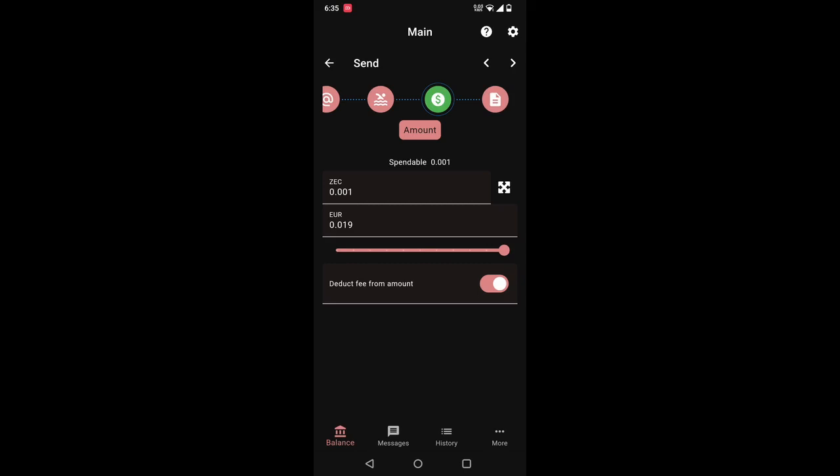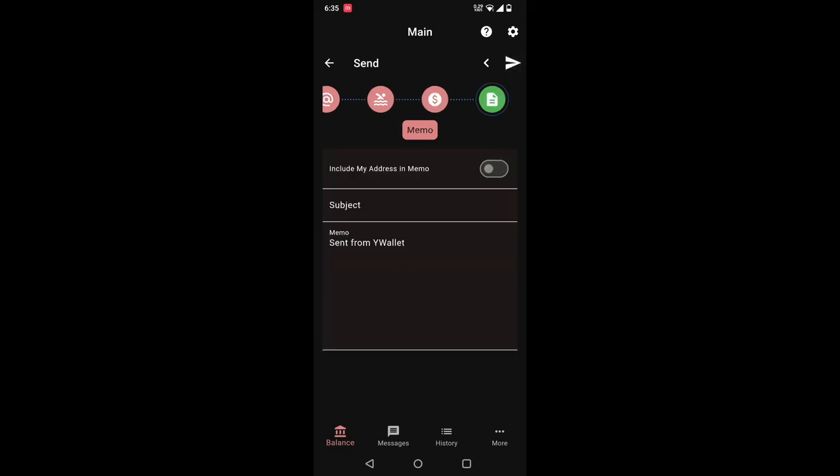Next one is, do I want to include a message? This message can have a subject and a memo. I'm going to leave it blank, and by default, it's just going to be a memo that says sent from YWALLET. That message can be personalized in the settings. And finally, I click on the envelope,